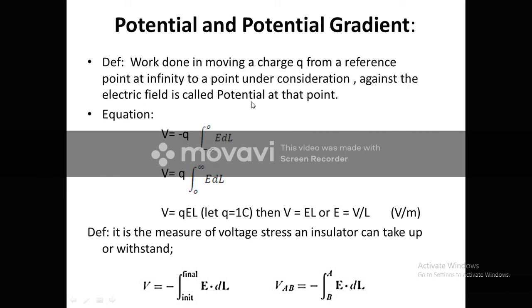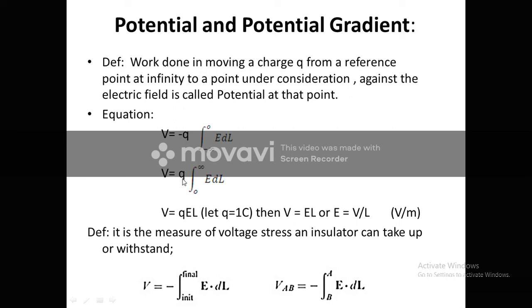Okay. And in this case we consider a work done against the electric field, moving a charge from infinity to a point under consideration, meaning the point of observation. So minus infinity to 0, this is the initial point, this is the final point. Okay, so if we are changing the signs of these limits, it will then be plus.